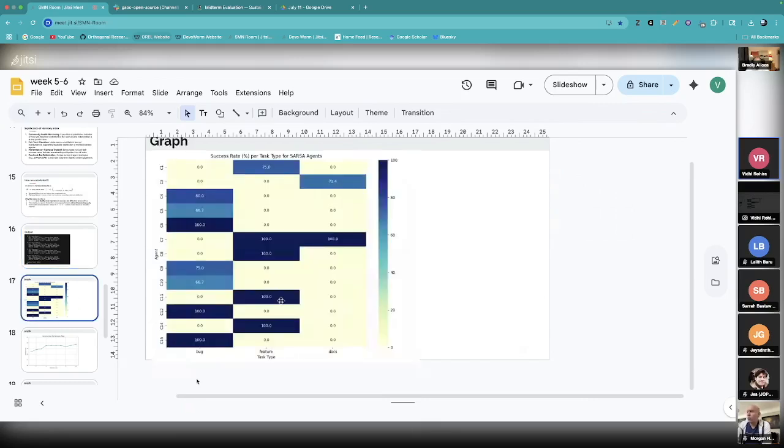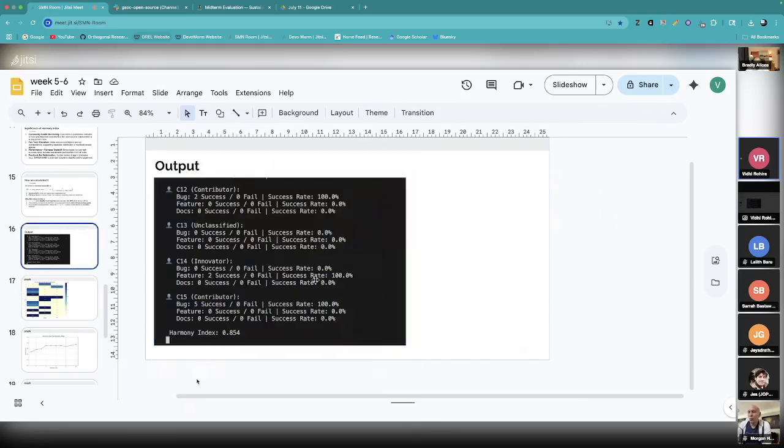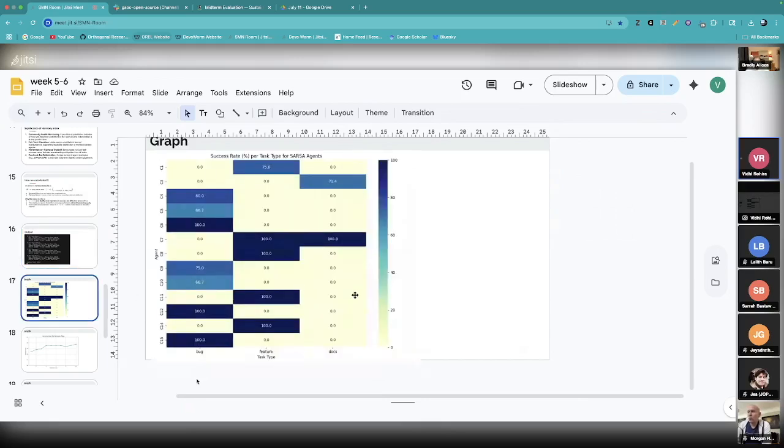So this was the first image that I did. And then when I took a picture of the graph, it was later, after running it for a few more steps. Over here, C10 is the ones without harmony, right? And C11 onwards are with harmony. No, all of them are with harmony.